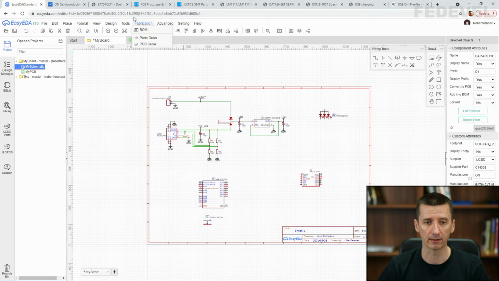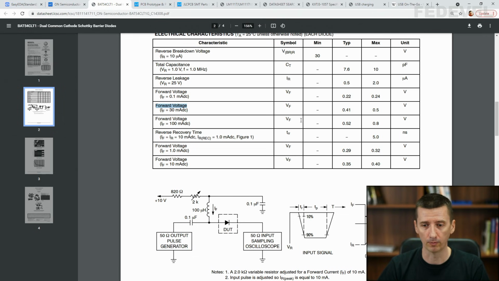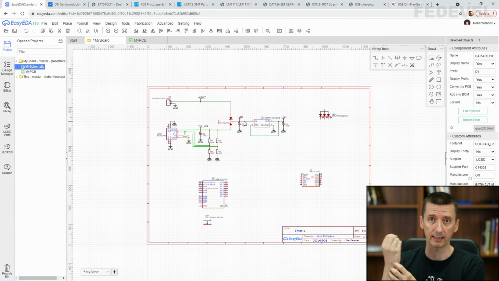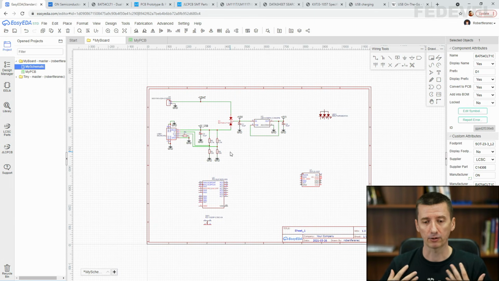So if it's, I don't know, 0.5 volt for 100 milliamps, then basically here on the input of our power supply, we will have not 5 volts, but 4.5 volts when we will be taking 100 milliamps through this diode. Okay, and there is also another factor which you may want to consider.